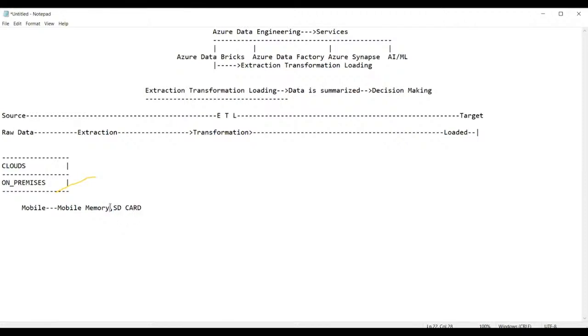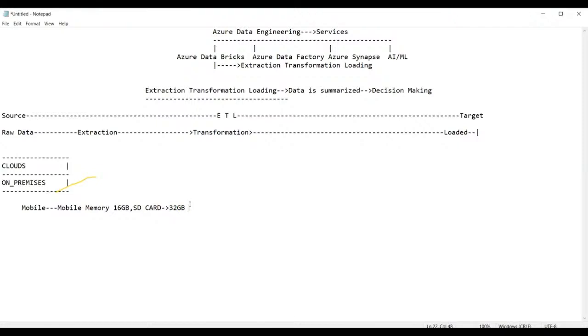That means, suppose every mobile you are getting comes with 16 GB internal storage memory. That means this 16 GB is a default memory. That means in your mobile phone, you can store up to 16 GB. Whereas if you require more memory, say you want to store 32 GB more, for that we buy an external SD card and put it in your mobile phone, and from that point onwards, you can use this memory of 32.